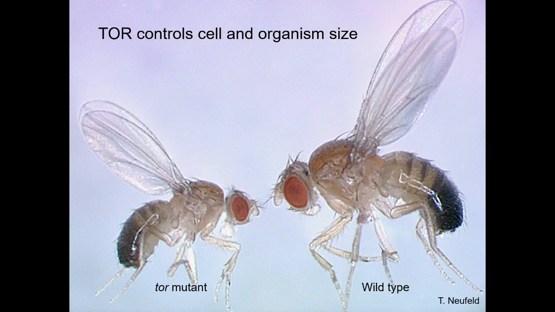To my mind, this is an absolutely astounding result, because to make a fly like this is a program in 4 dimensions, and here this program has been changed in at least the 2 dimensions we see here by a single mutation in the genome, in this case in the promoter of the TOR gene, which reduces but does not eliminate TOR activity. You can think of all the regulatory circuits, all the metabolic circuits would have to be rewired to create this smaller but properly proportioned fly. I never would have thought this would have been possible, but there you have it.